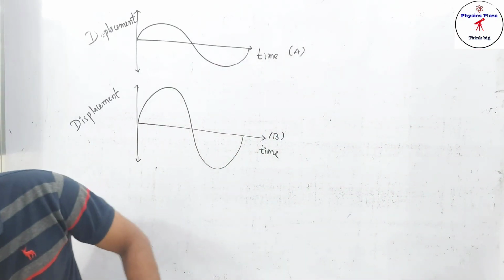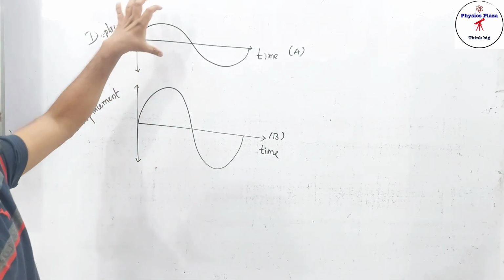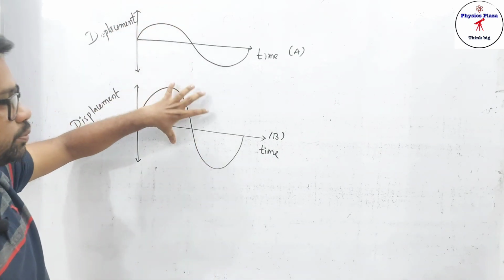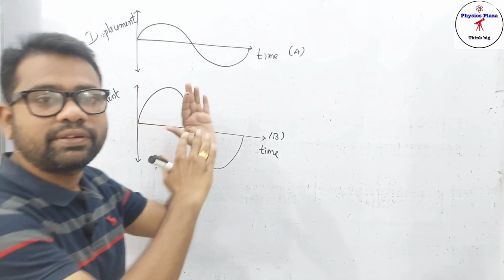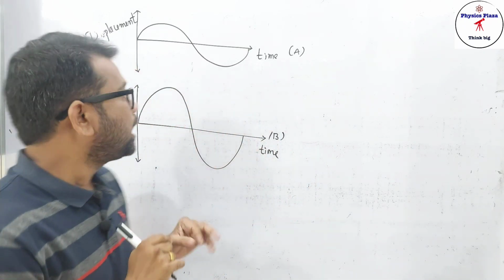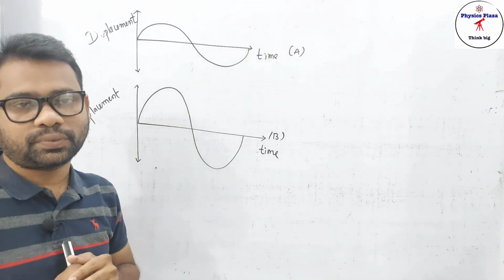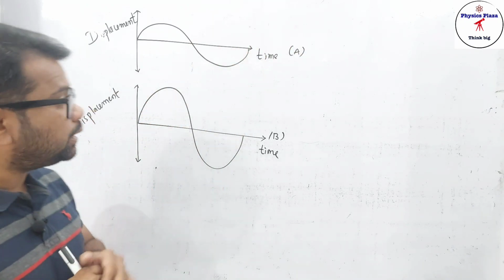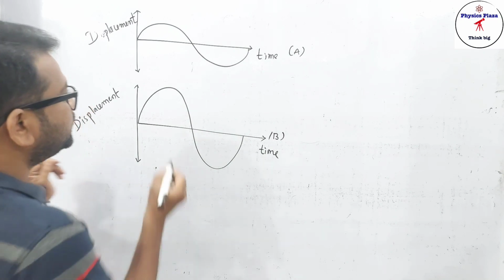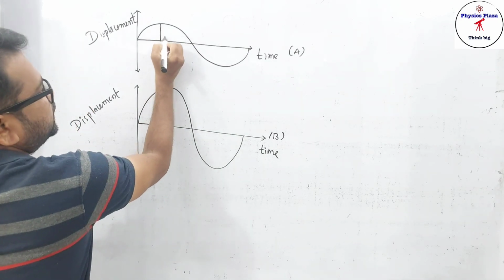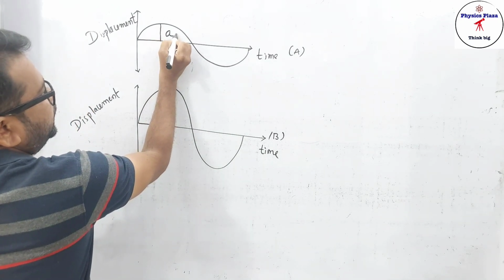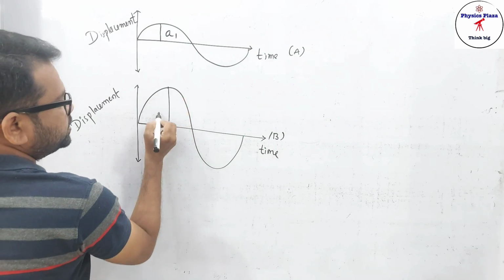First children, try to understand. So here only one wave is formed. Here the number of waves is the same, so the frequency is the same. As both have the same pattern, the quality is the same. But do you think that both will have the same loudness? For that we have to see the amplitude. Let us say here the amplitude is A1, and this amplitude is A2.